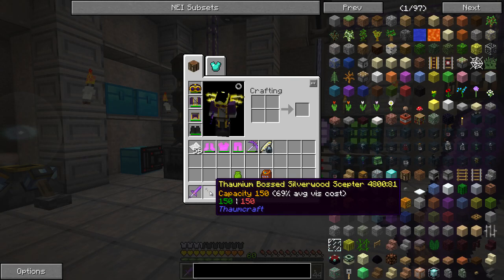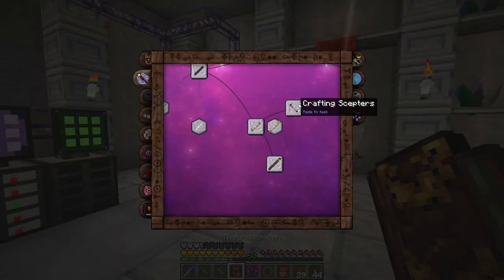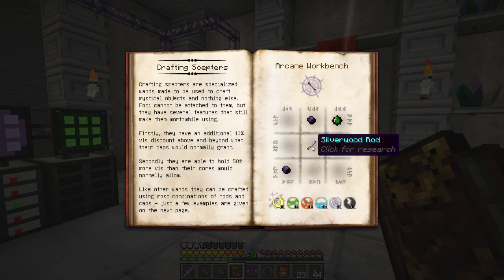But I went ahead and made some new types of wands. I made a crafting scepter out of the silverwood and thaumium. So pretty neat. And crafting, it's a specialized wand. And basically we're able to hold an extra 50% more vis than the normal thing, and it also gets an